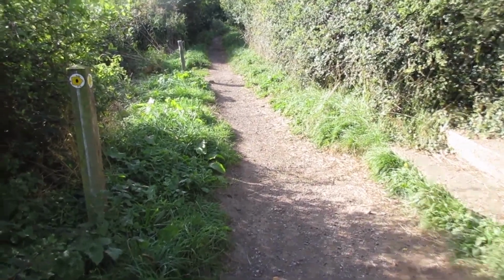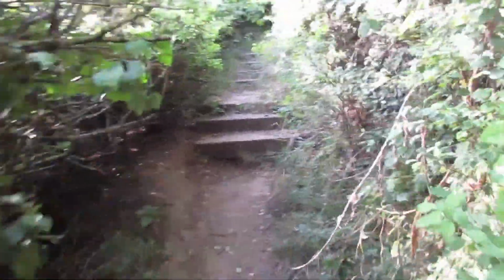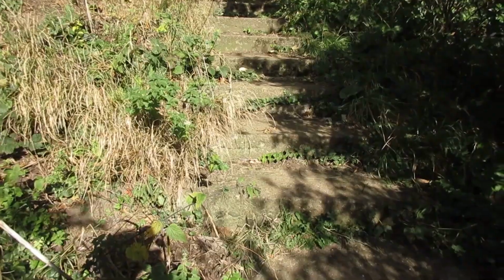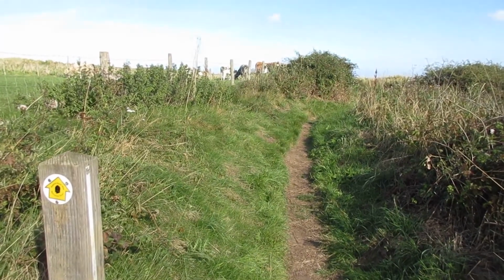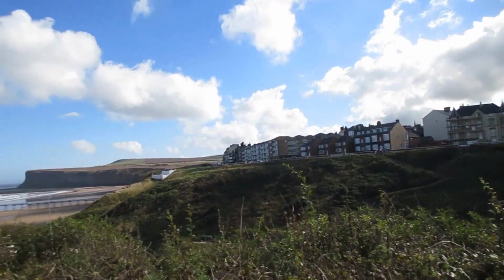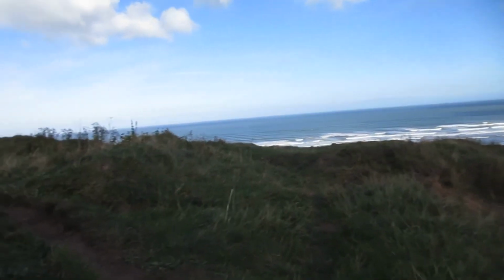At this point we come to another sign. It's a good job it's here because we have to go up these steps. 16 steps so far, a flat bit, and then a few more. 33 more to be precise, and still there's more. Yet another group of steps. So another 35 steps and I think we're up to the top. I have a sign here telling us that we're on the right route, and we can look south over Saltburn on the cliffs, and there's our track, which comes back to the cliff edge here and turns